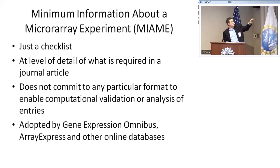And so the Minimal Information About a Microarray Experiment initiative, or MIAME, became a mechanism by which the biologists who were involved in doing these experiments got together, with no one telling them they had to do so, and developed a mechanism by which people who publish about microarray experiments can make sure that they are able to talk about the kind of the chips, the experimental conditions, the object of the study, and so they can make sure they get it all right, so that when they publish in journals and when they put their data online,